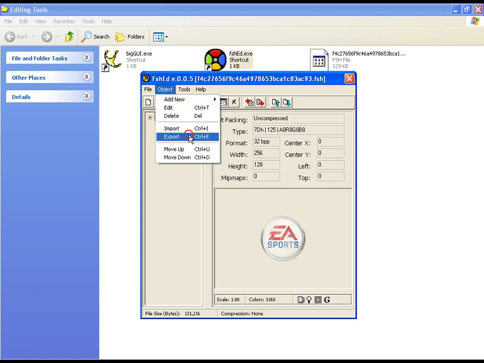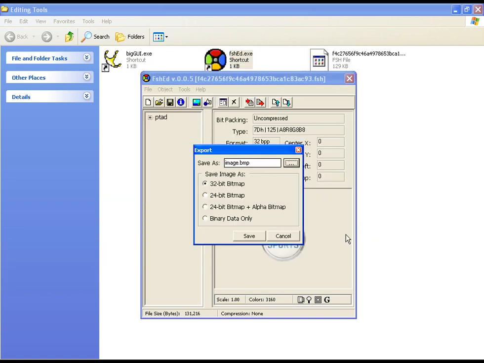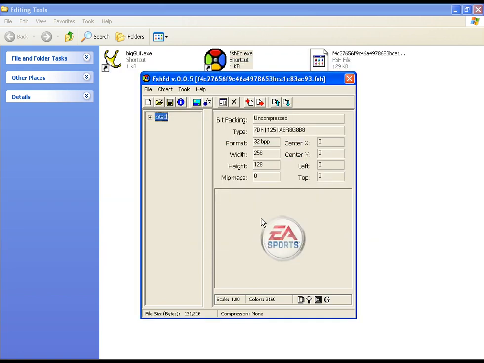Just export it using Ctrl E or the export button. Just rename the file in image .bmp format. Always use the bmp format and click the save button. Okay,